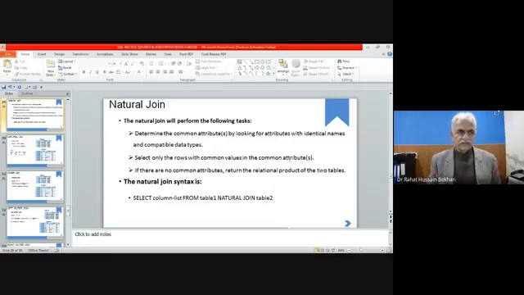So when the query is run, the column names that are common to the two tables are equated with the equal sign, but that equal sign is not explicitly defined with the natural join. That is implicitly there. If there are no common attributes, it returns the relational product of the two tables. If we have a natural join of two tables but there is no common column, then it will give the cross product. So for that we say: select column list from table 1 natural join table 2.